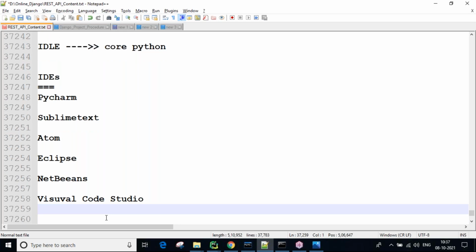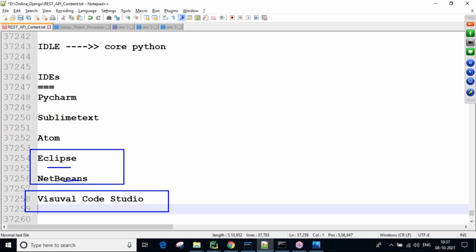Generally, Eclipse and NetBeans are used by Java side people. This is not a rule, but people who are learning Java install Eclipse or NetBeans and practice. People who are learning .NET install and use Visual Studio. And people who are learning Python can install PyCharm, Sublime Text, whatever. PyCharm is mainly designed for Python development.